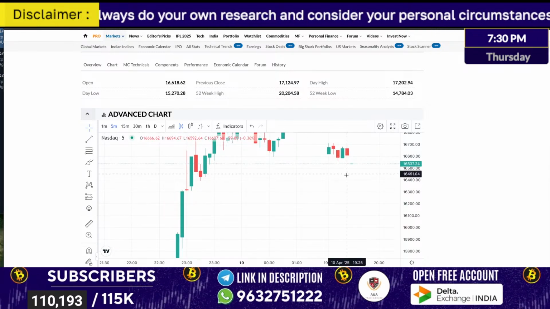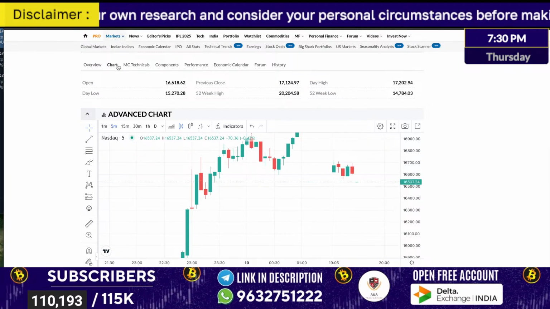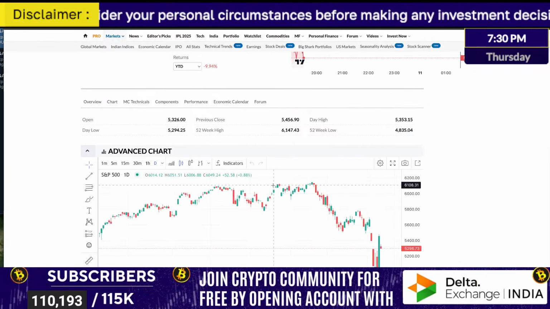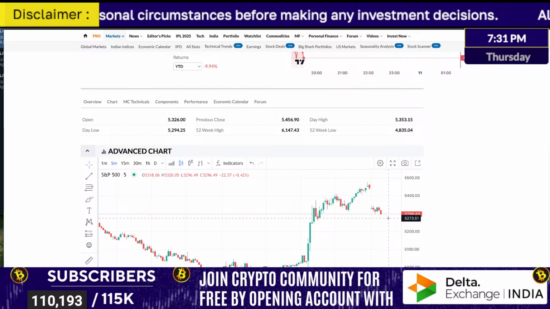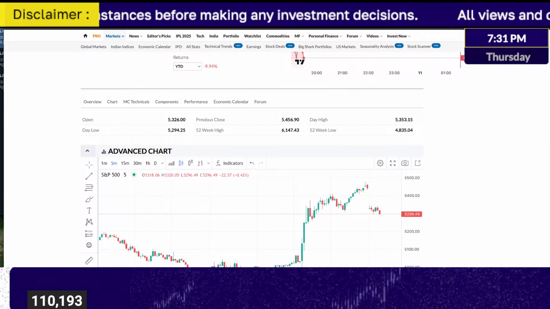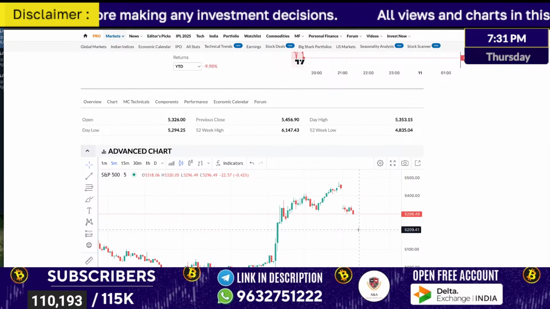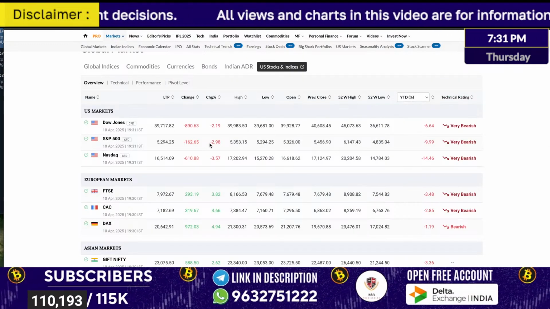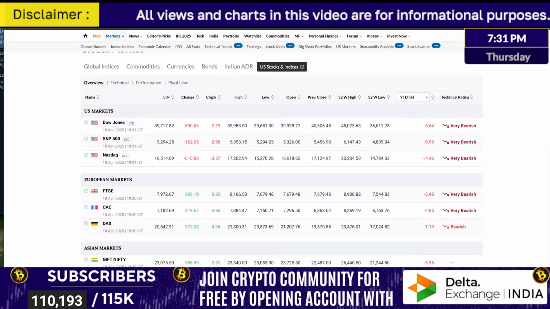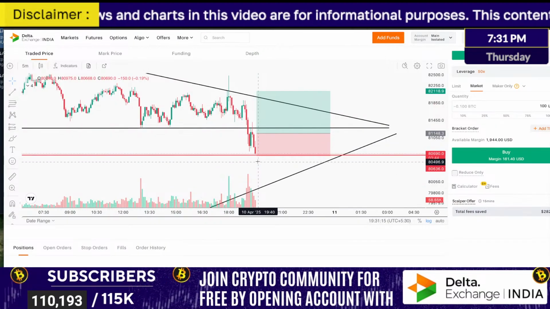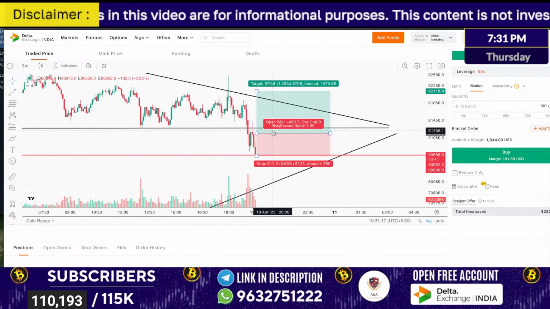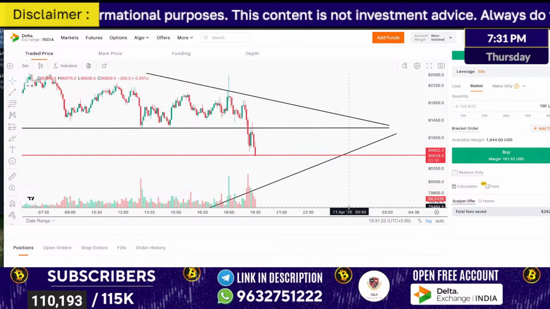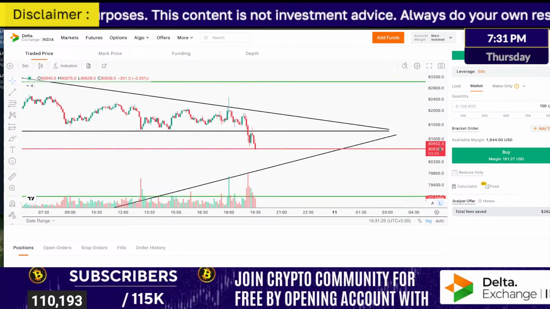Here it is showing some bearishness. Nasdaq, I mean, S&P 500 also showing some bearishness. Both the indexes have given a breakdown. Dow Jones, I don't give too much importance, only these two. Market has taken my stop loss in this particular trade. So I'll wait for one more setup.